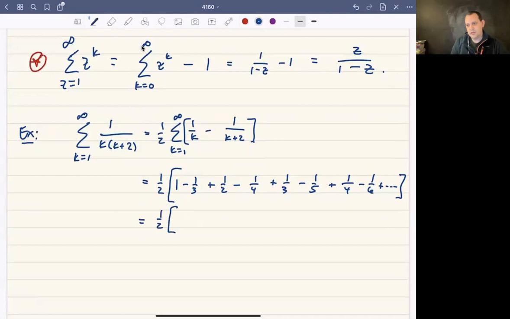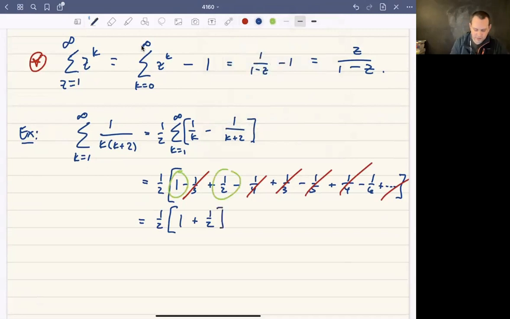And importantly, not only do these terms cancel, but the terms also have to go to 0. And so the thirds are going to cancel, the fourths are going to cancel, this fifth would cancel with something over here eventually, probably the next thing I would have written, and so on. And so it turns out that everything is going to cancel except for the 1 and the 1/2. Okay, so the only terms that don't get canceled are that 1 and that 1/2, and therefore